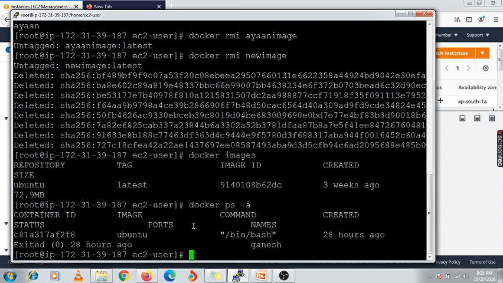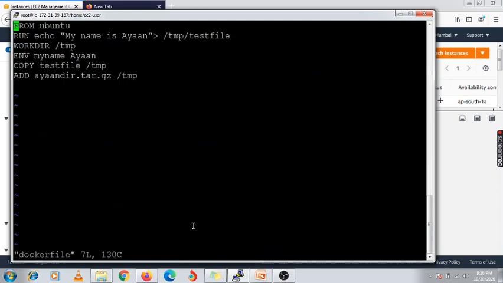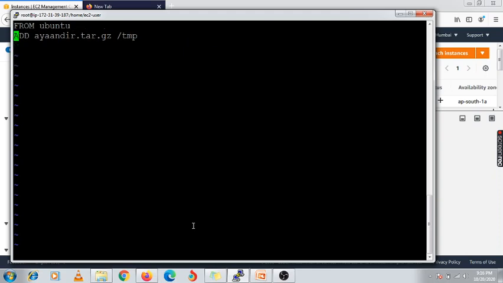Now I am going to create one Dockerfile, and using that Dockerfile first we will create one volume under this container directly. Okay, so there is one Dockerfile. Under this Dockerfile, I'm going to remove all these things which I have already created. And FROM ubuntu, that means my image which is available on my system.